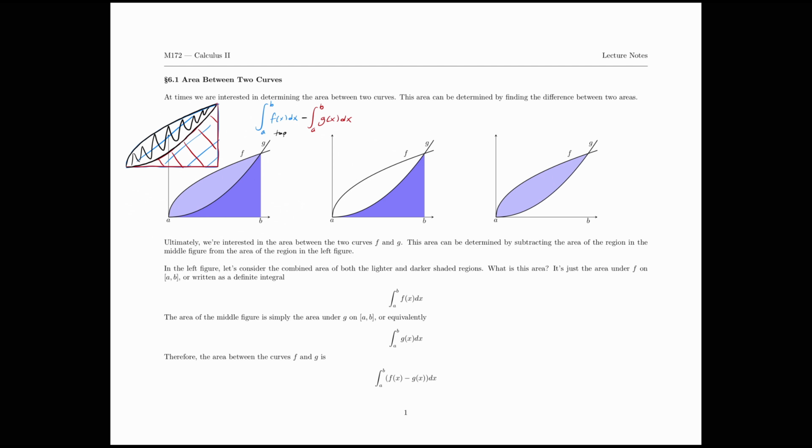Or, written in a nicer, more compact way, since we're integrating over the same bounds, we can just write this as integral from a to b, f of x minus g of x dx. And that's great, and this is the formula you'll see in textbooks, but to me this is not really great